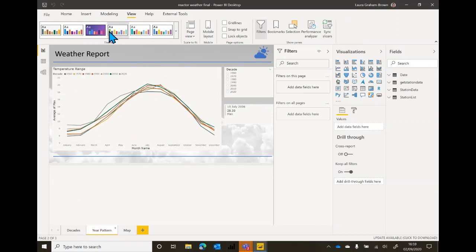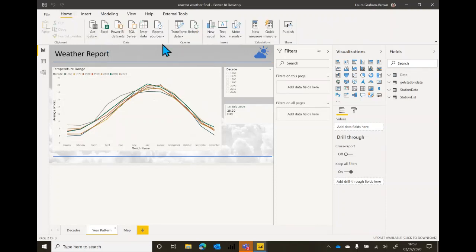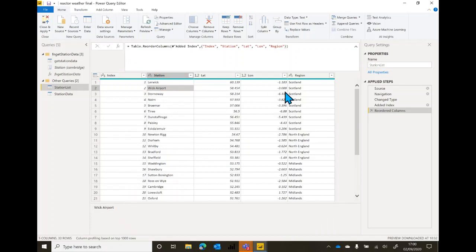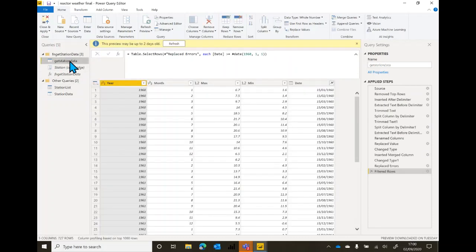But behind the scenes, I'm just going to show this. I'm not going to totally explain it. I possibly need to do that in a slightly more advanced session. So I'm going to go back to home for a second, and I'm just going to do a transform data. So the transform data, I have gone through the list of data that was there, and I've brought in the station name, latitude and longitude, and where in the UK it is. I took the report, the one which I've just built with you guys. Okay, so these are the columns you expected,